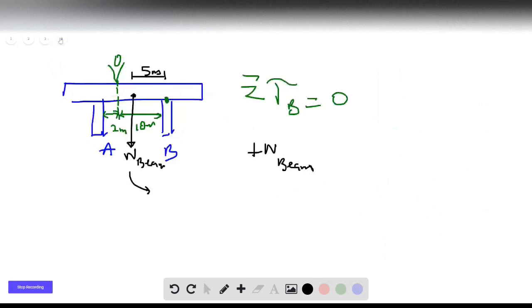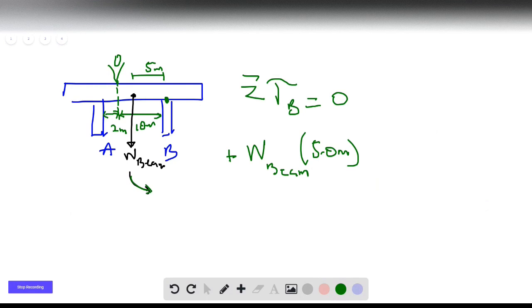And so we're going to include that in the problem. So this distance right here, this is 5 meters. And so the weight of the beam times 5 meters, that's positive because it's counterclockwise,